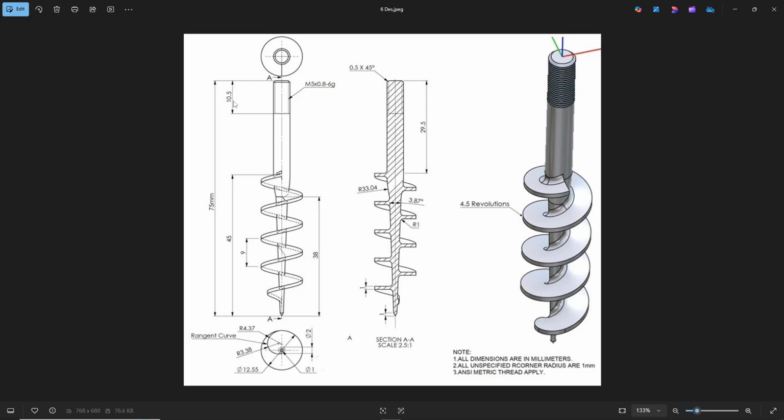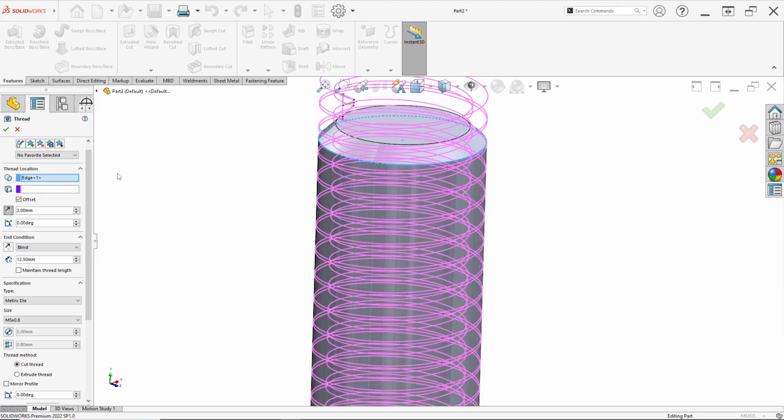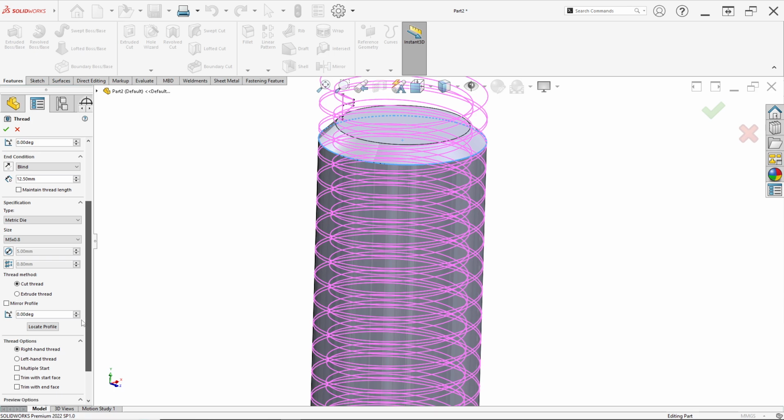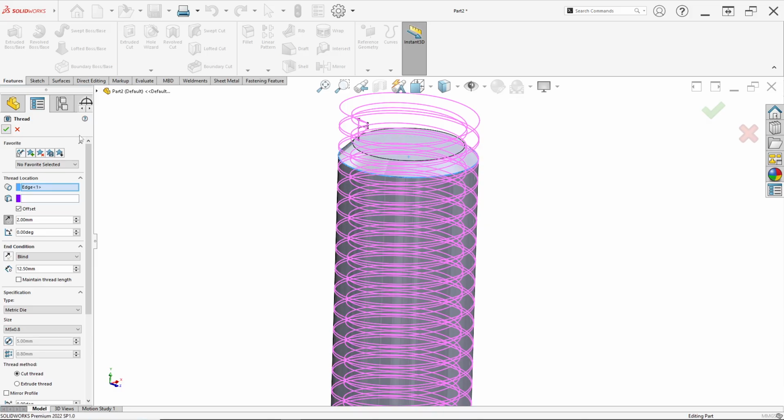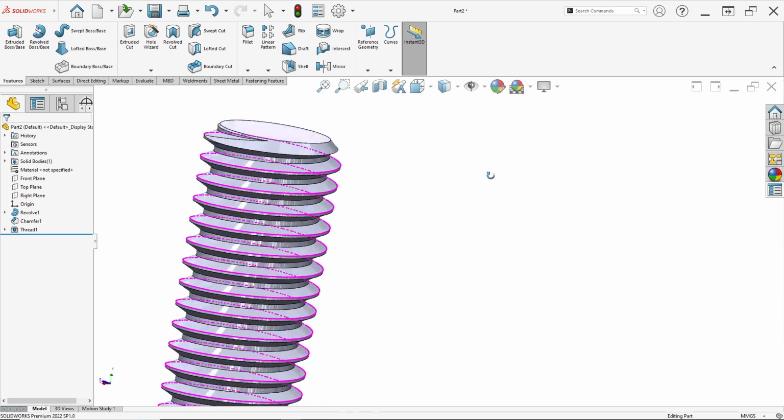Now the total thread length here is 10.5, but we can set an offset, so 10.5 plus 2 is 12.5 millimeters, like this. Ensure the thread method is cut thread. Okay, after setting the thread, just click OK and done, like this.